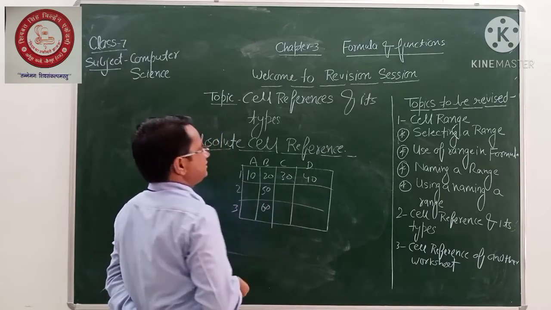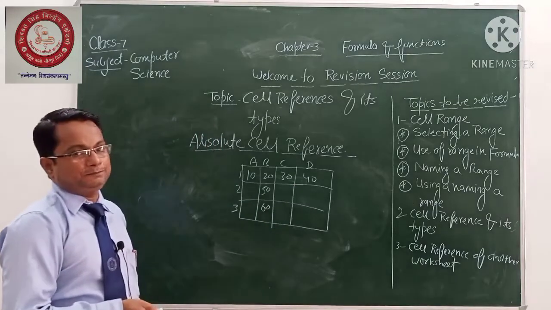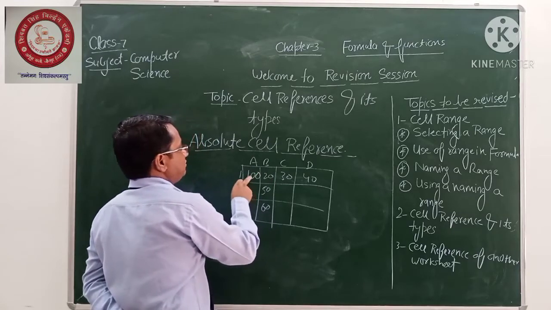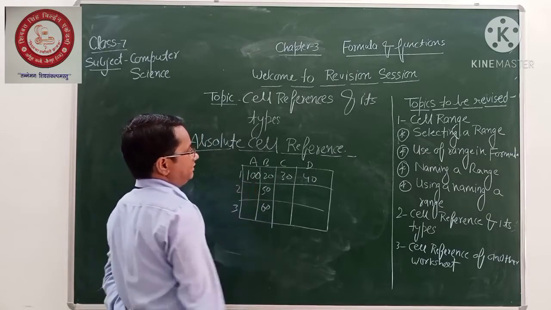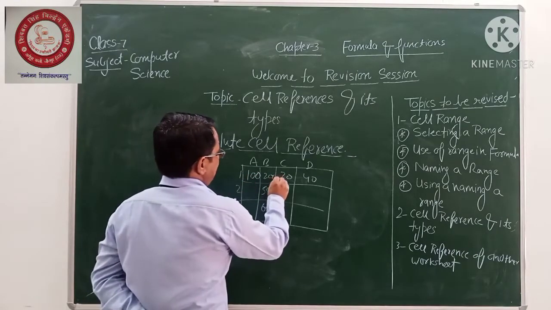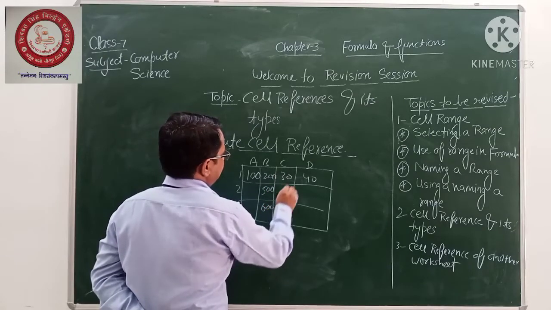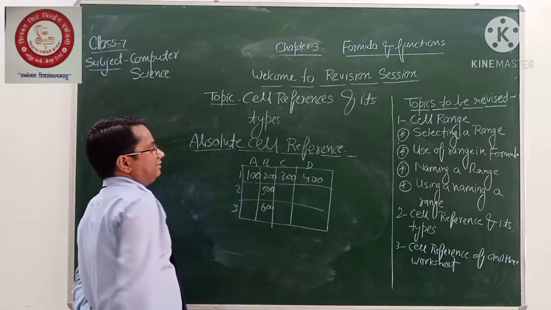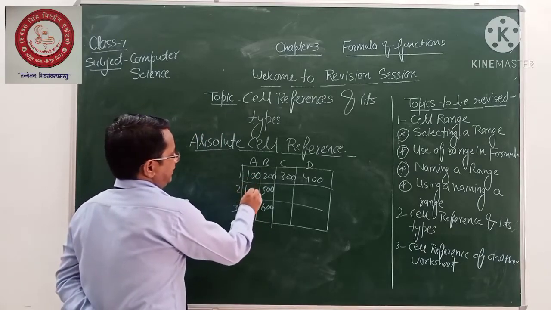So these are some numbers I have already written here. So what I'm thinking here, I want the 10% of this number. Suppose I have increased 10 in each and every number. I want the 10% of this number. Suppose I have written 10%,